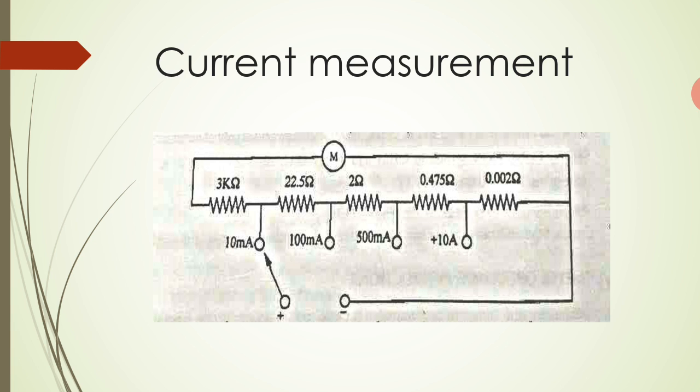Next is current measurement. The diagram shows the ammeter section of the multimeter. The procedure of current measurement is similar to the measurement of voltage. In this procedure, check the pointer 0 position before connecting the input current. Then set the function switch to AC or DC as required. Then set the range switch and adjust the DC. Then select the current range greater than the current to be measured. Then connect the input current and read the reading on the scale as close as possible.